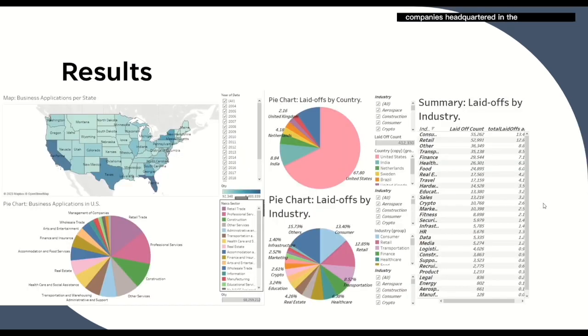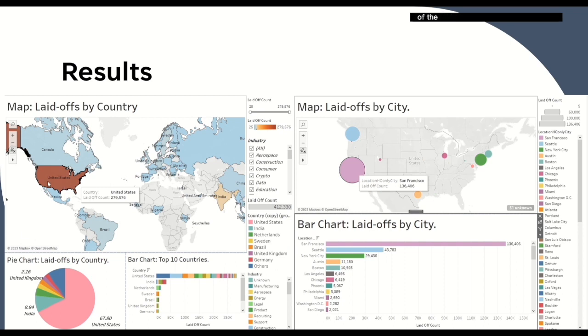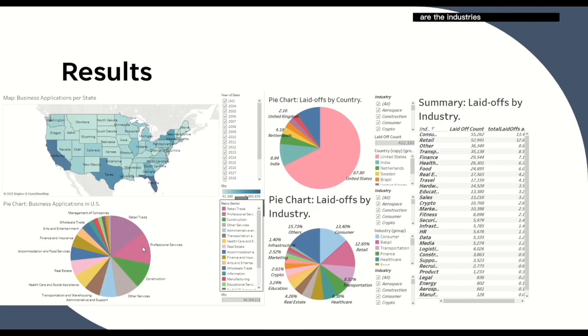Companies headquartered in the United States are the ones that are making the most massive layoffs, as the United States is attributed 67.8% of the layoffs in technology worldwide. India has the second highest number of layoffs, which is consistent with the strength of both countries in the technology industry. The consumer industry, followed by the sales industry, are the industries that have generated the most layoffs in the